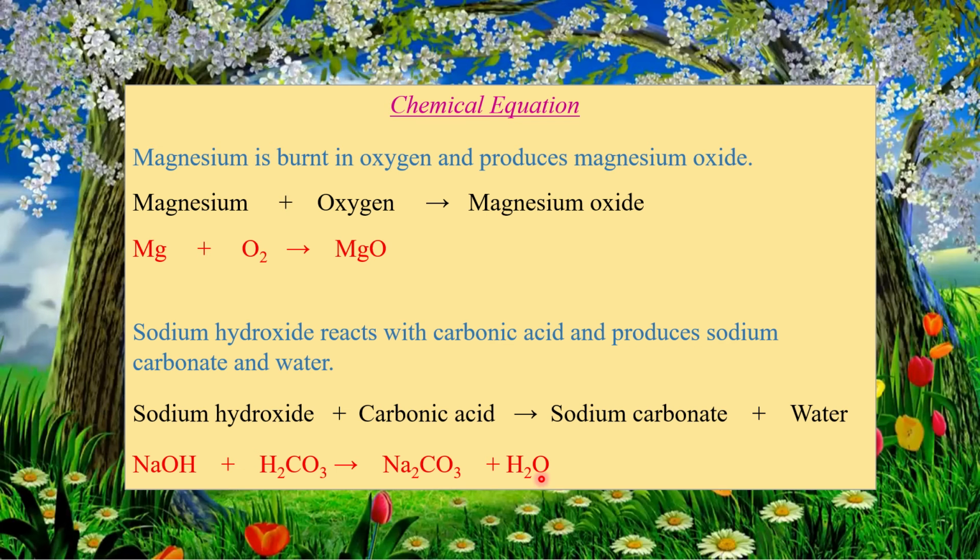So in this way, when a chemical reaction is written in language, you can write the equation of this chemical reaction. Or when this type of equation is given, then also you can write the language. At first, the reactant, this and this react and produce this and this, or this is decomposed. When only one reactant is present, then you will write this compound is broken or this compound is decomposed to produce this and this in this way.